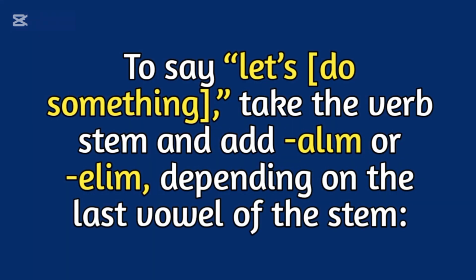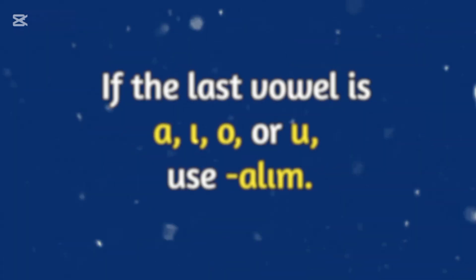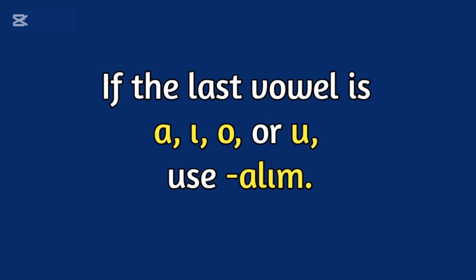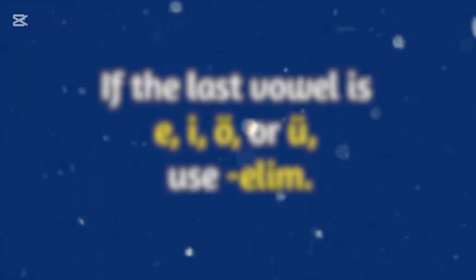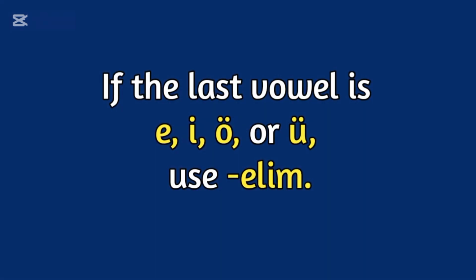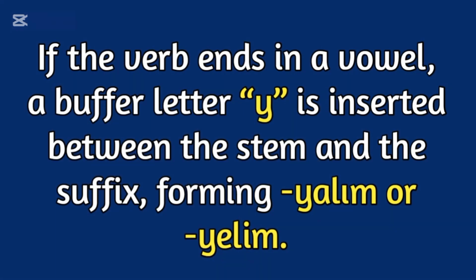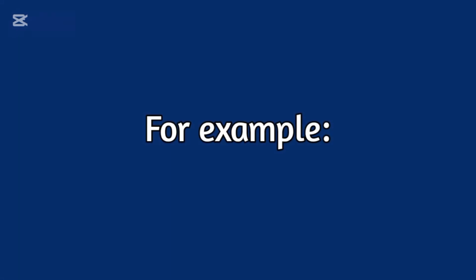Formation. To say let's do something, take the verb stem and add alım or elim, depending on the last vowel of the stem. If the last vowel is a, ı, o, or u, use alım. If the last vowel is e, i, ö, or ü, use elim. If the verb ends in a vowel, a buffer letter y is inserted between the stem and the suffix, forming yalım or yelim. For example,